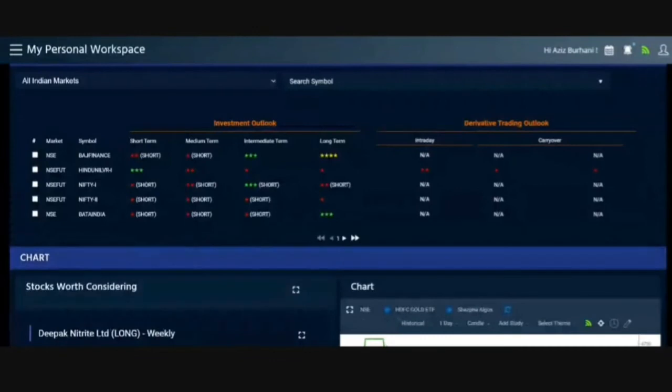Okay. Now, when you're logging in through the web, a double click will open the chart. If you're using it on the mobile, a long press will open the chart, because your mobile has a touch screen. A single click will open the star grid. If you go here on the star rating, you can see the hand symbol, which says click to open grid and double click to open chart. But on the mobile phone, you don't double click, you long press to open the chart. So I hope that is clear. So I believe that's about it with the symbol lookup.